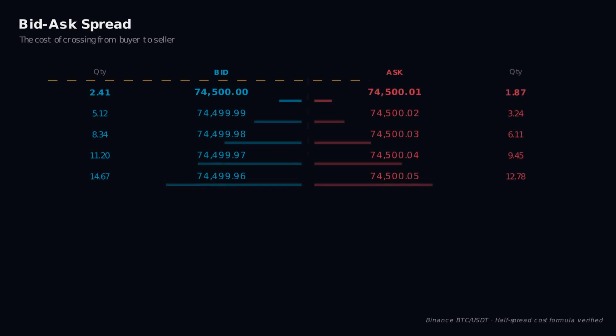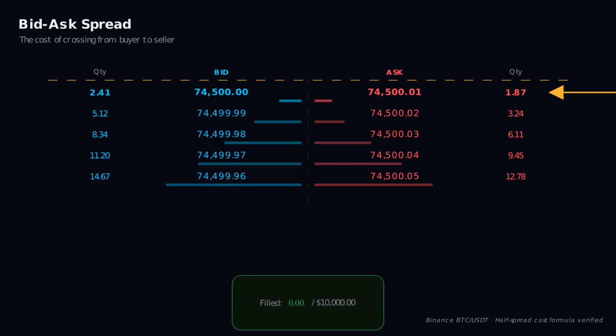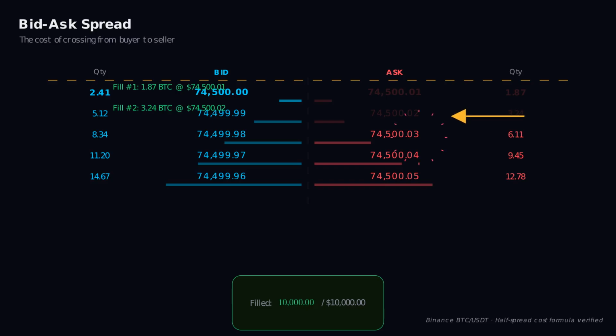When you place a market order, you're saying, fill me right now, whatever the price. Your order hits the ask side and starts consuming it. The order arrow enters from the right and begins consuming ask levels. Level 1 fills 187 Bitcoin at 74,500.01. Level 2 fills 3.24 Bitcoin at 70,500.02 and continues into the third level, each fill at a slightly higher price